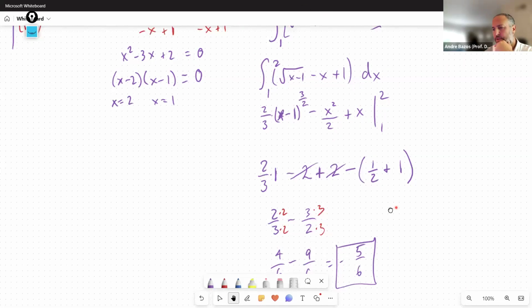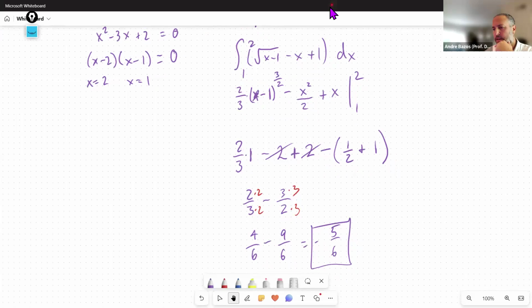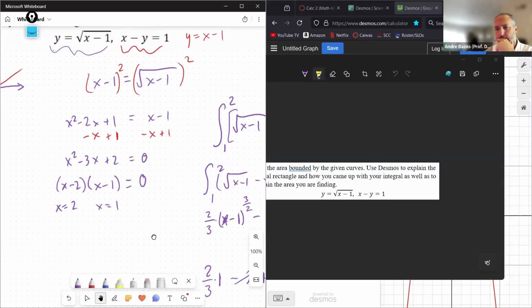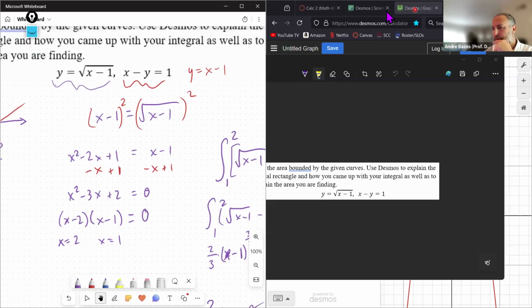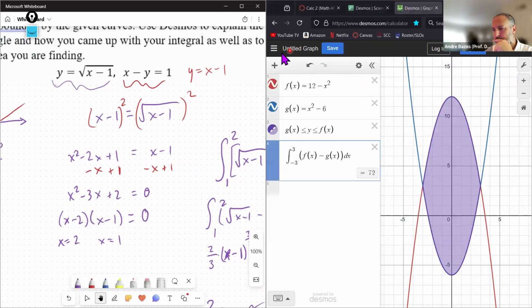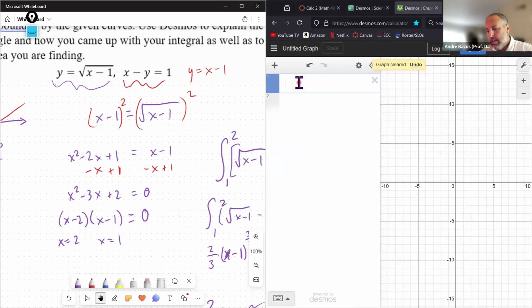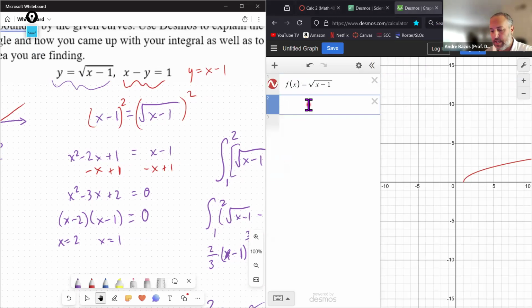So let's go to Desmos to try and figure out what's going on here. I'm going to use the original things in Desmos too. So let me get a new blank. So I'm going to do f of x, because again, it understands function notation. Square root, sqrt of x. I said I was going to use the original ones, and now I'm using function notation, so I can't. G of x